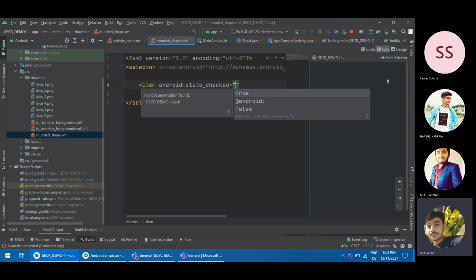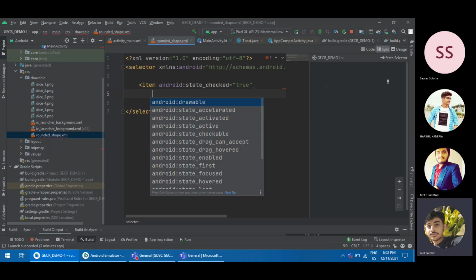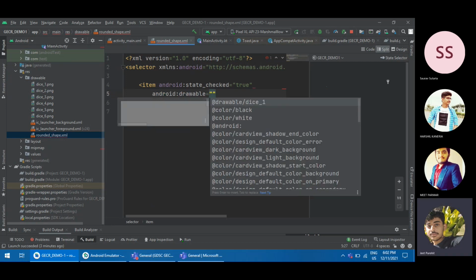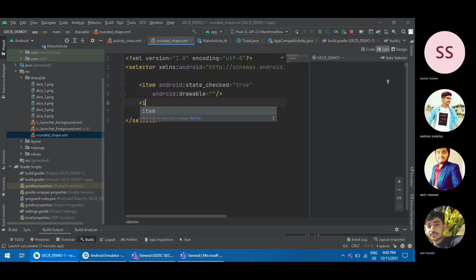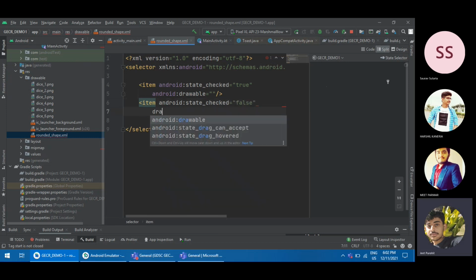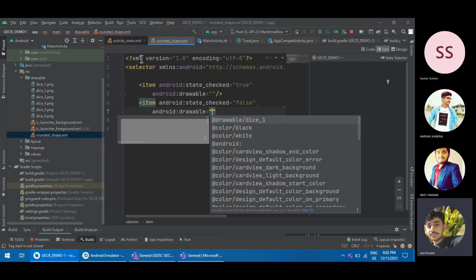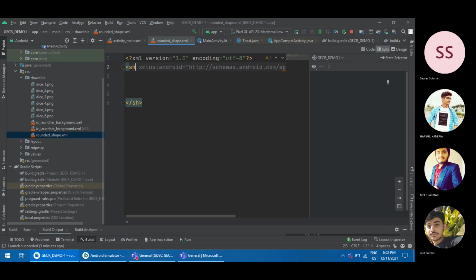And the state of the radio button is true. In such condition, if I want to apply a particular drawable layout, and when the state of this radio button is false, in such condition I again want to change the layout. So in such condition we can use the concept of selected, but we want to modify the shape of the button. So what we will do is we will use selected,